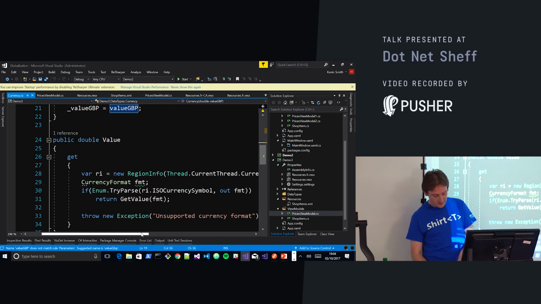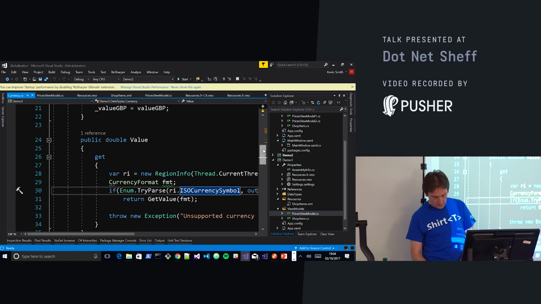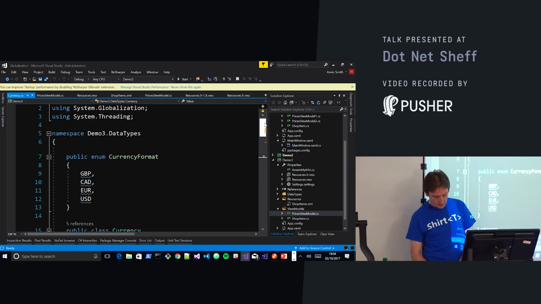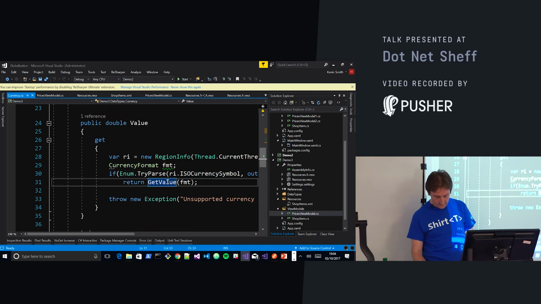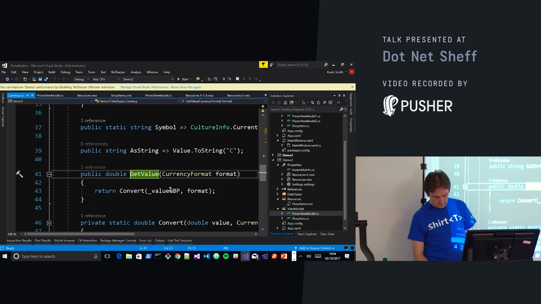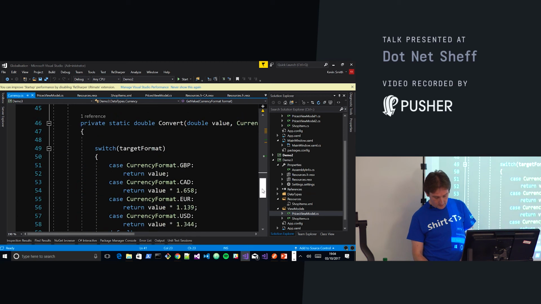So I'm taking the region info from the thread, getting the currency format from that, getting the ISO currency symbol, which I have mapped to an enum up here, so we've got the 4 currencies that we support. Parsing that enum, and then we get the value and convert that from the GBP to the current format.